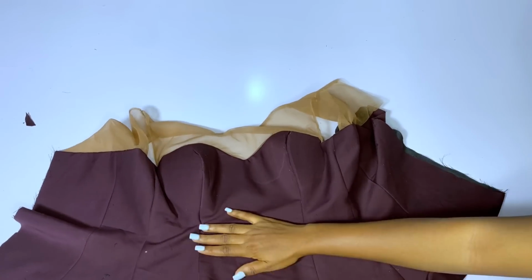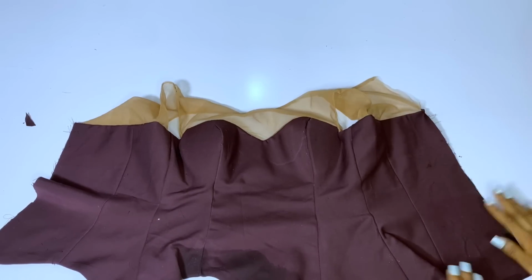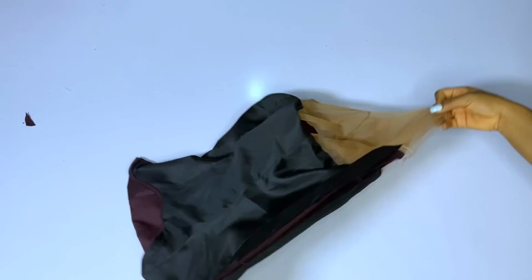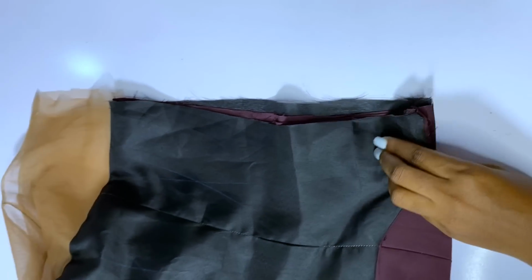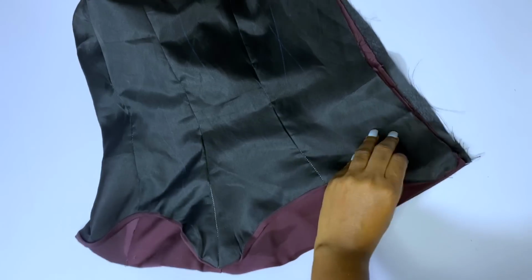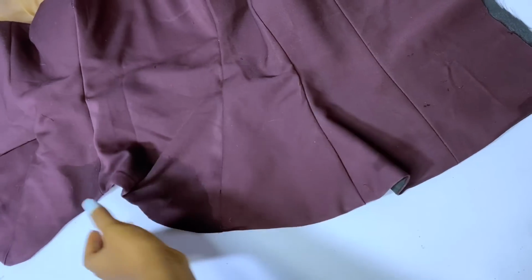Now I am done ironing, and you can see my zipper allowance. My zipper allowance is open. I did not close my zipper allowance, and you can see two of them are equal around the zipper allowance, because we did not touch one side of that blouse. We only curved one side of the blouse. So this is my zipper allowance. You can go ahead and measure out your zipper allowance before you go ahead to start fixing your trimmings or